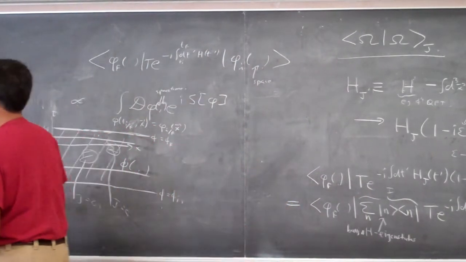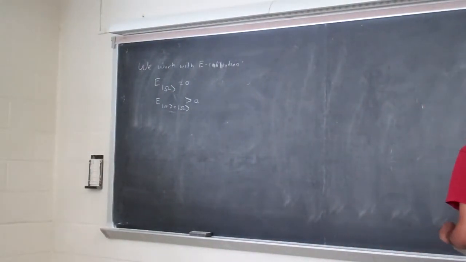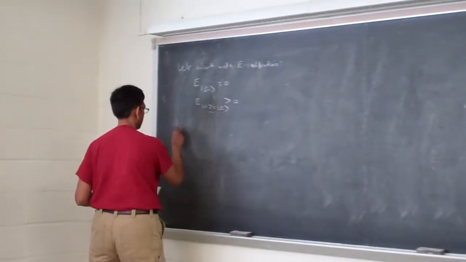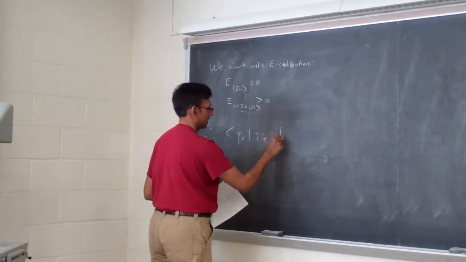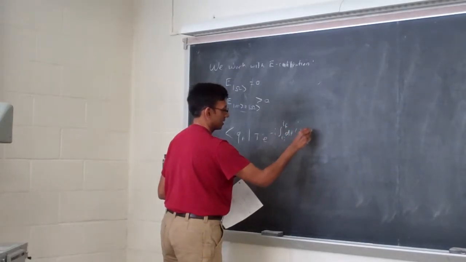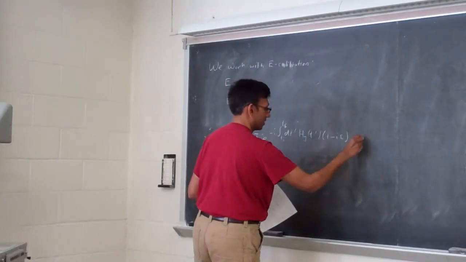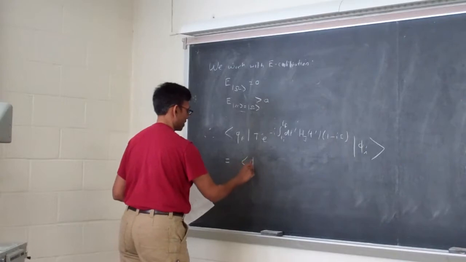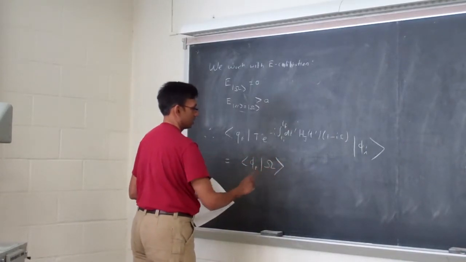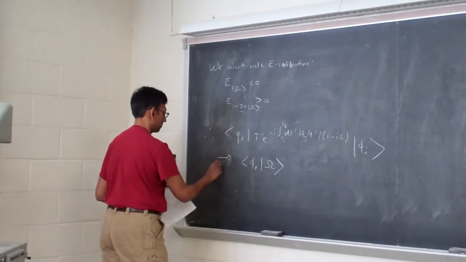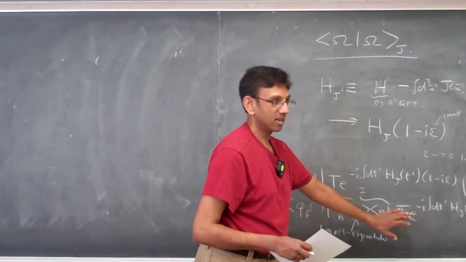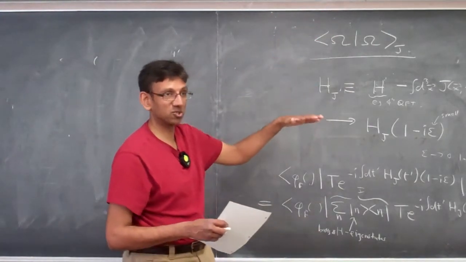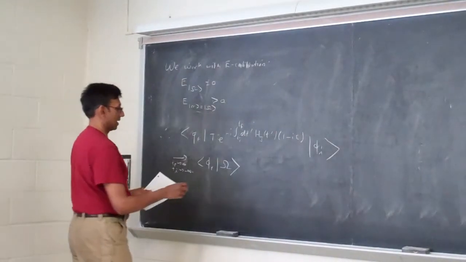To be pedagogically correct, I suppose I should write an equation. So therefore, this, phi f prime, e to the minus i integral from Ti to Tf dt prime H_j prime (1 minus i epsilon), phi I, is equal to phi f vacuum, as Tf goes to infinity, Ti goes to minus infinity. The same thing plays out on this side if I take T final to go to infinity, as opposed to T initial going to minus infinity, as you can easily check. And then I get